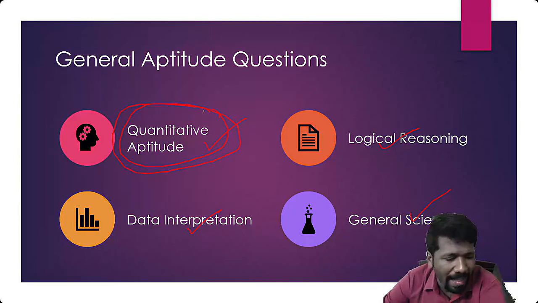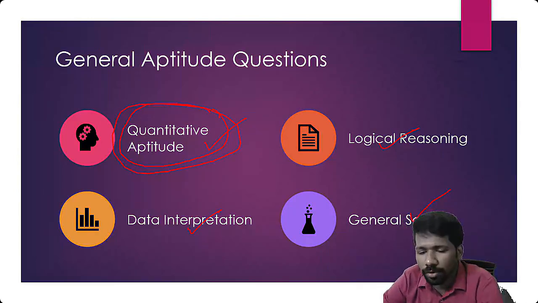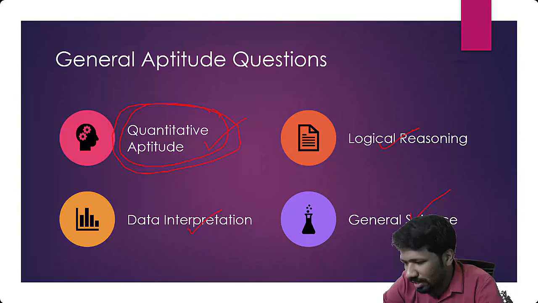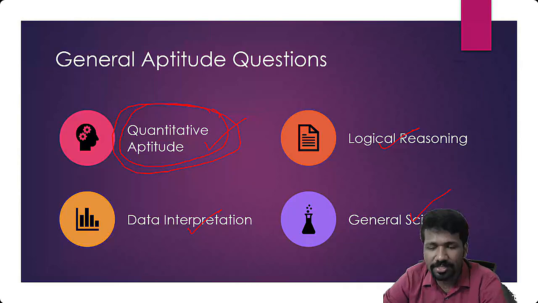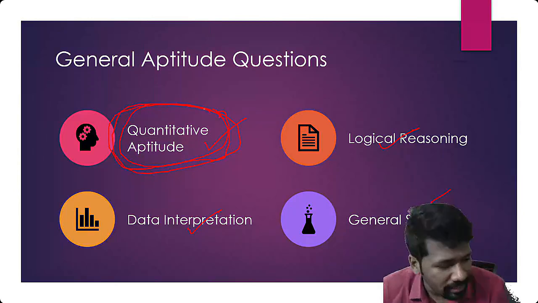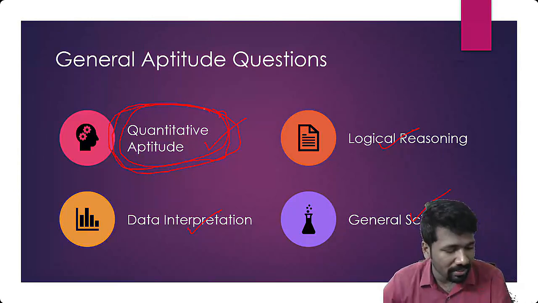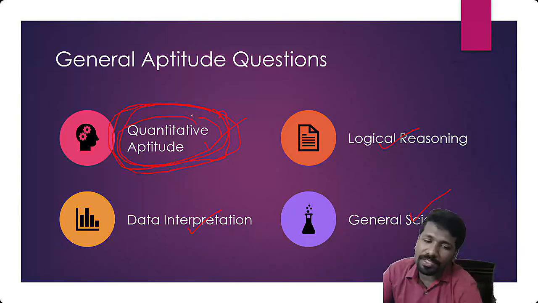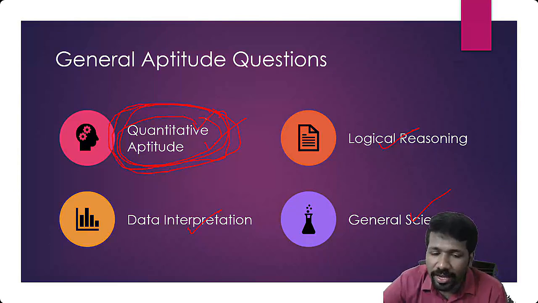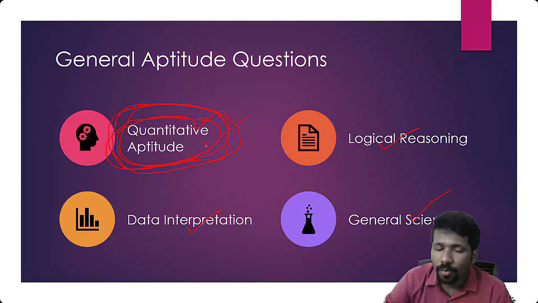Quantitative aptitude means math and logic दोनों involved है. इसमें formulas involved है, इसमें mathematical concepts involved है, mathematical things like LCM find करना, HCF find करना, या linear equation solve करना. These kinds of skill sets are also needed. So this is the area where your math understanding is important. Math understanding does not mean that you should be a genius in maths. That is not necessary. If you fear maths also, you can easily tackle this by investing some time on this area. That is why we are starting with this unit itself, quantitative aptitude.